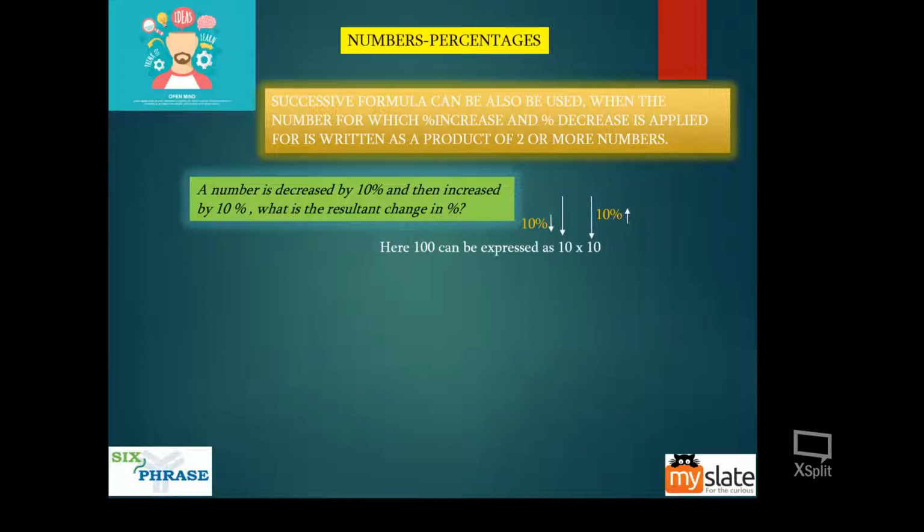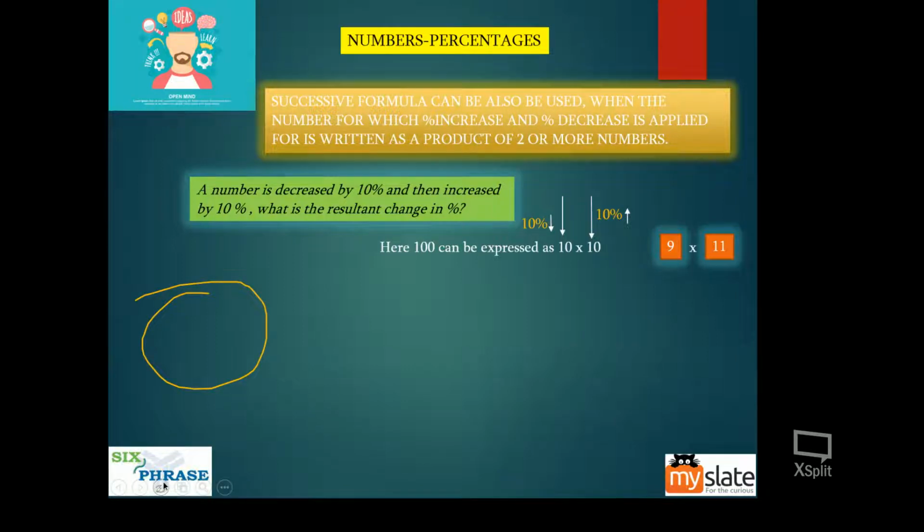See, if you decrease 10 by 10 percentage, what will happen? It will become 9, right? Then if you increase 10 by 10 percentage, it will become 11. What is 9 into 11? 99. Yes, so we got 99, guys. 99 was the answer that we got here, remember?